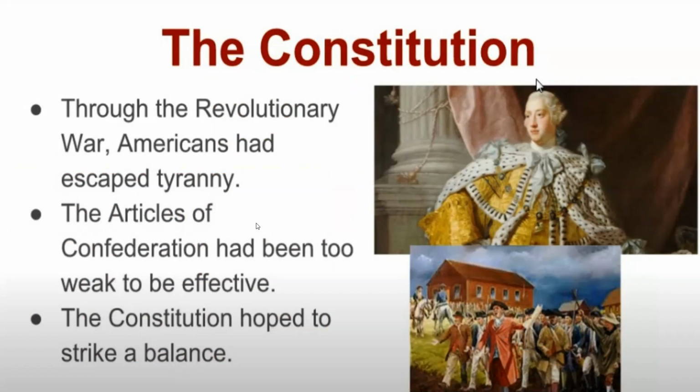First, let's remember that the United States Constitution was created by a nation that had undergone two very distinct experiences. One, the tyranny of King George III, which created the American Revolutionary War and the need to escape his control. And then we had the Articles of Confederation, a reaction to that tyranny, which created a weak and ineffective government. For the new United States, the new Constitution's goal was to be a balance between the two forces, strong and weak central government. Not too strong, but not too weak.